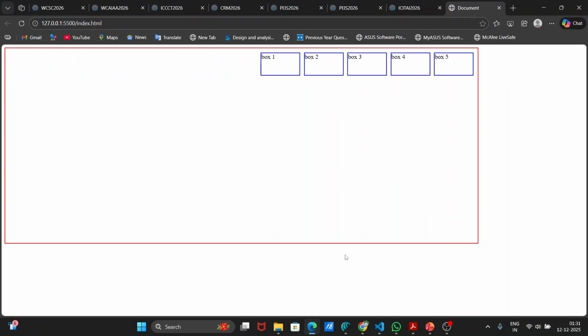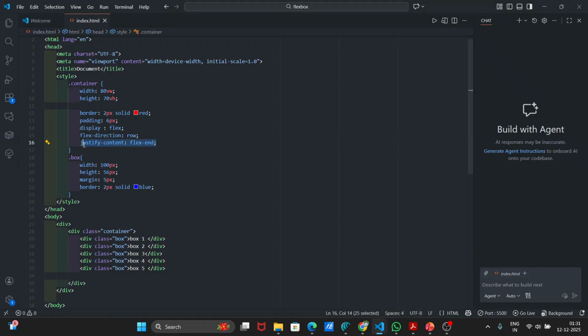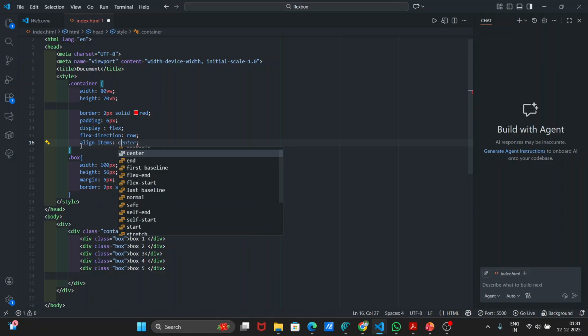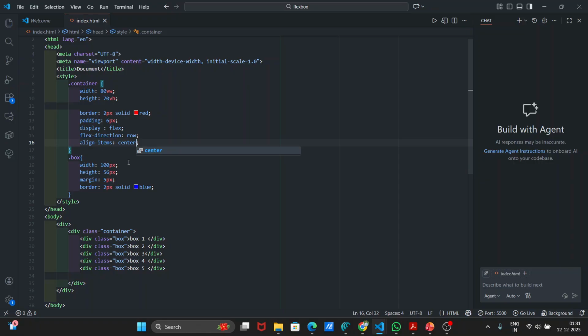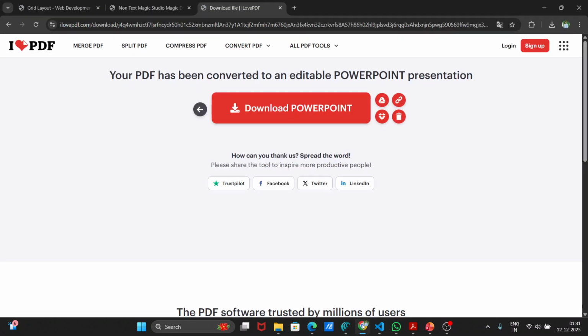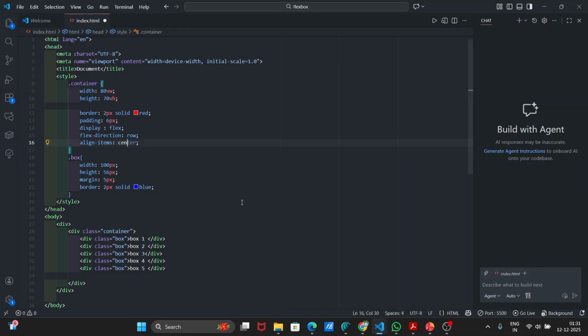Now let's remove this line and go to other properties, align items. If we set align items center, let's see what happened. It goes to the center of this side, and if we set start, so it goes to the upper